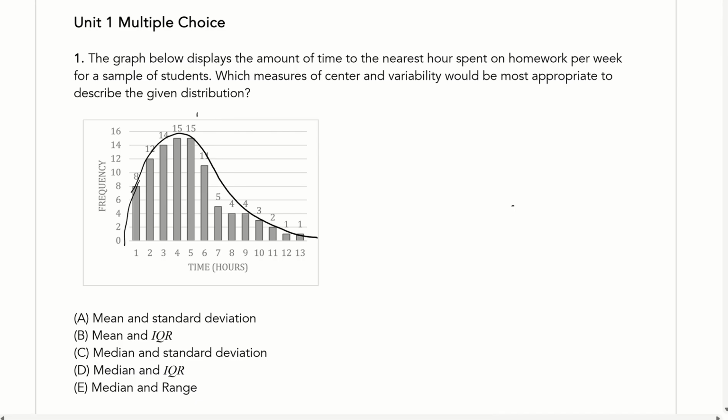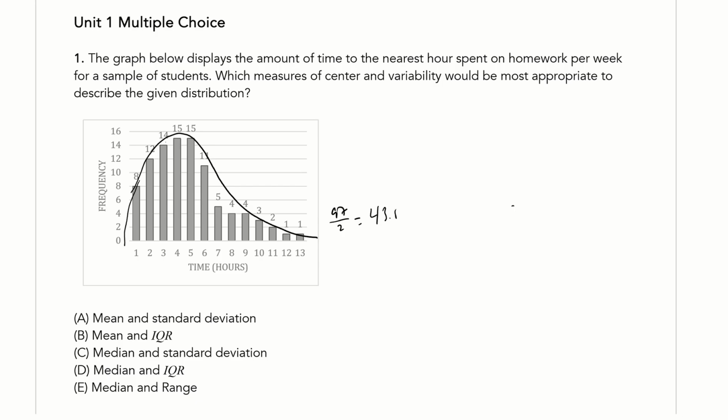So if I wanted you to identify the 50% mark, well, you would have to add up these numbers, right? 8, 12, and so on and so forth. That's 20, 34. Then you got 49. Then you got 54 or 64. So if you add these up, you would get about 97 or so. If you add up those bars, then you would have to figure the halfway of that. So half of 97 is